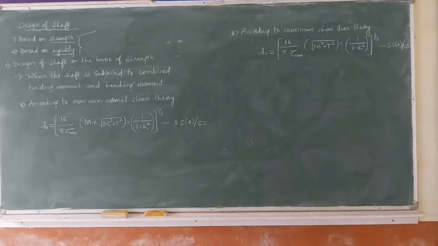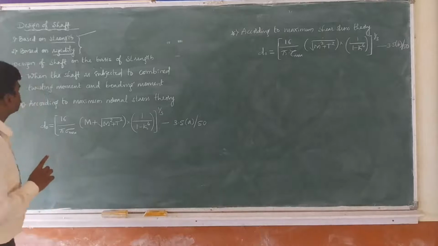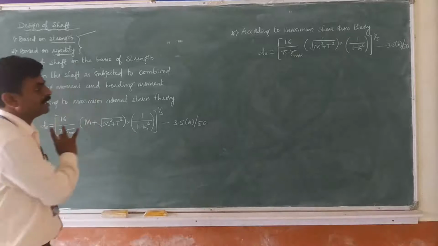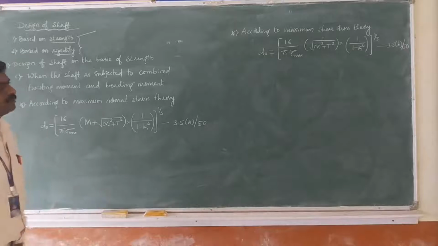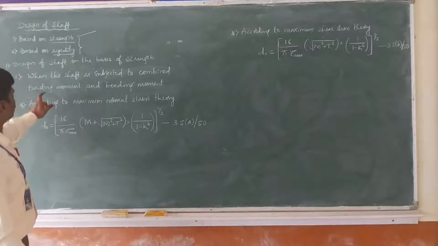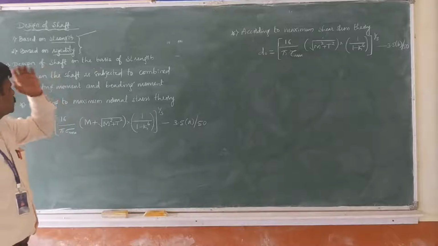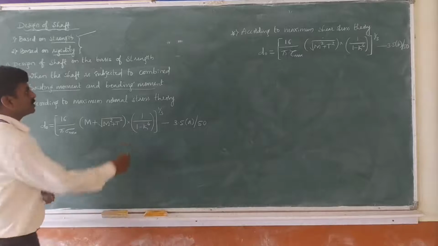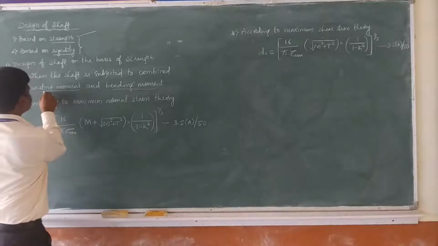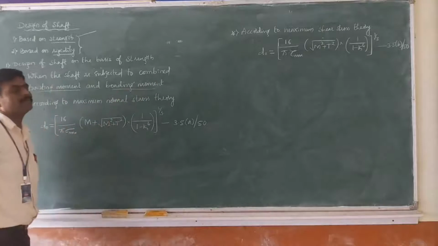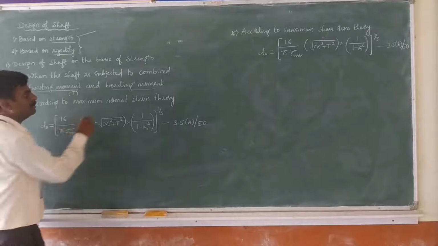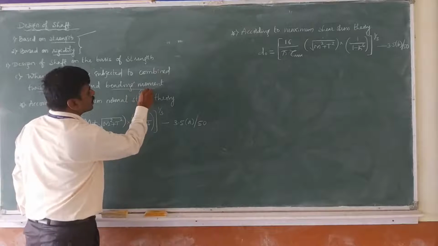Okay, so we have discussed two things here. One is when the shaft is subjected to twisting movement only, and the second case is when the shaft is subjected to bending movement only. Now for the action of combination, that means when the shaft is subjected to combined twisting movement and bending movement, it is a combinational effect. One is twisting movement and the second one is bending movement. Twisting movement means T will come in the equation, bending movement means M will come.